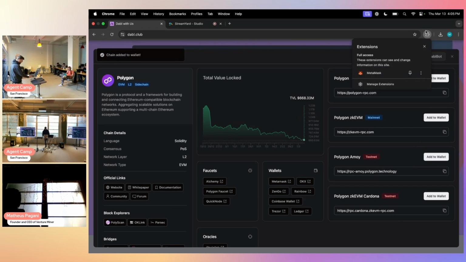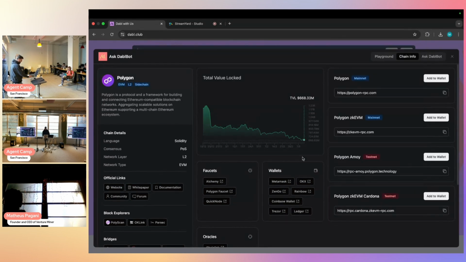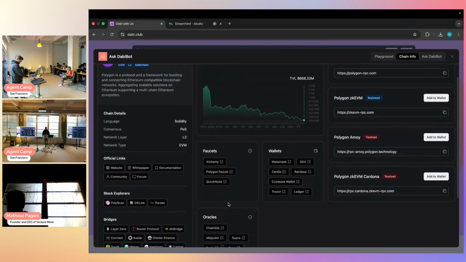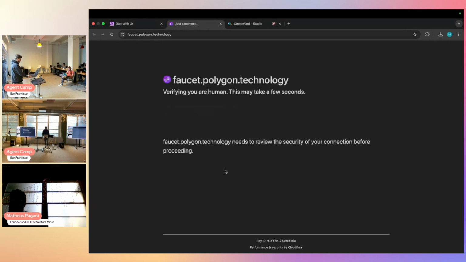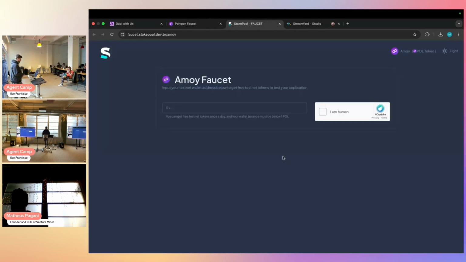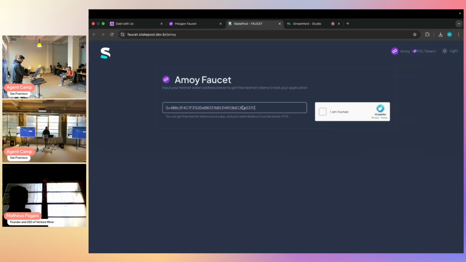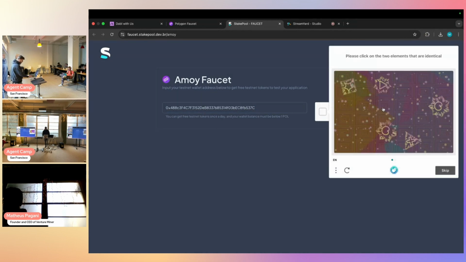In my case, I do have the chain added to my wallet already, and I have a couple of testnet tokens. For you guys, in order to get these testnet tokens, we're going to use some of the faucets available here. So I'm going to select the Polygon faucet button. This will launch Polygon's official faucet list. I would recommend using Stateful right now. I think it's one of the faster faucets to drip without having to provide emails and stuff like that. So just go ahead into your MetaMask, copy and paste your wallet address, drop it right here in the Amoy faucet, do your captcha.